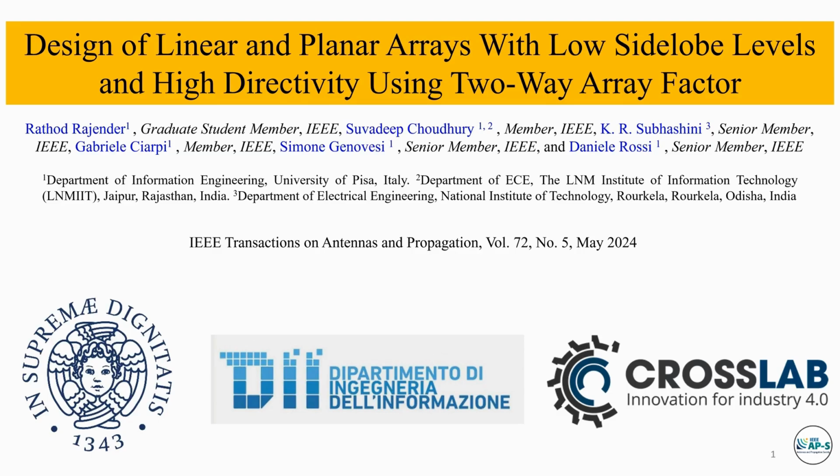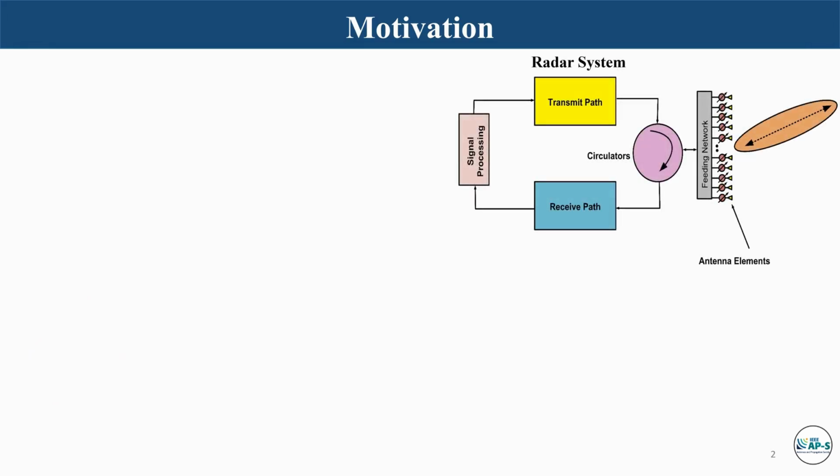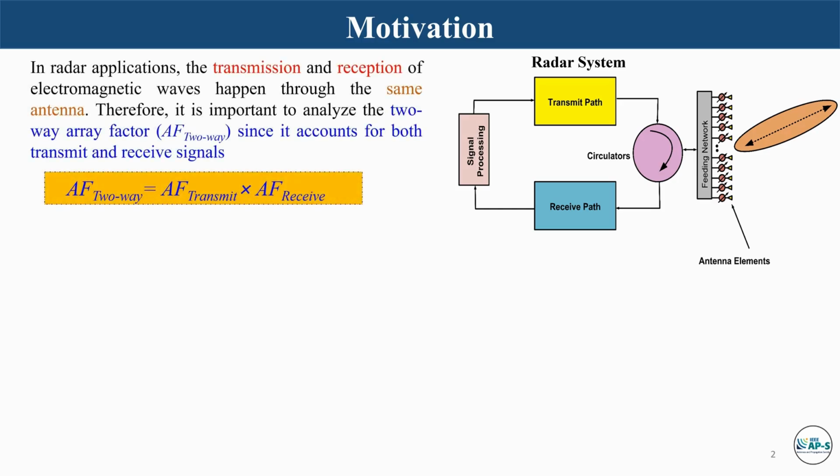Everyone, it is my pleasure to share our recent research on design of linear and planar arrays with low side lobe levels and high directivity using two-way array factor. In the radar system, the same antenna element is used for both transmitting and receiving the radio signals. In such scenarios, the analysis of the two-way array factor is important since it accounts for both transmitting and receiving